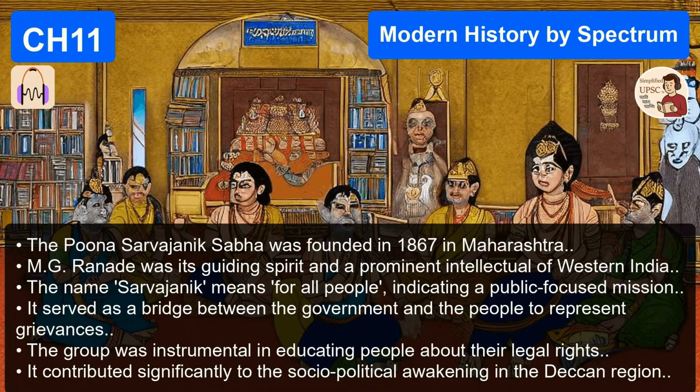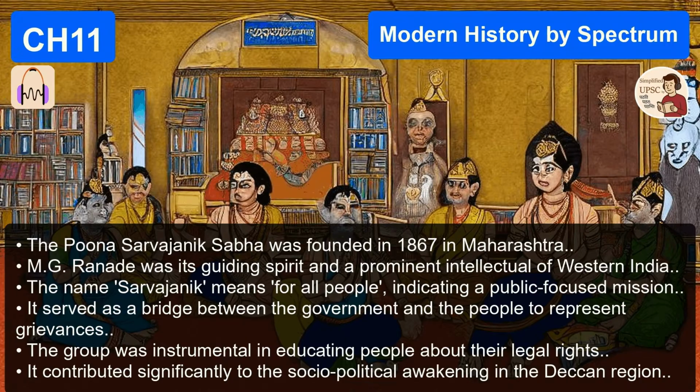It happens in Bombay at the Gokuldas Tejpal Sanskrit College. 72 delegates show up from all over the country. W.C. Bonnerjee is elected as the first president. And this is the massive historical curveball, the guy organizing the whole thing, the general secretary, is an Englishman, Allan Octavian Hume. A retired English civil servant, no less.